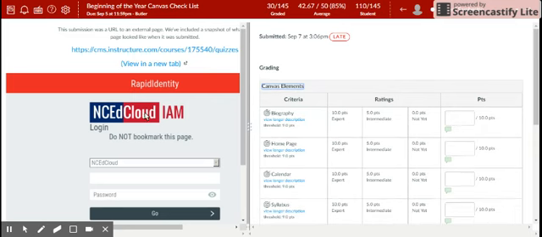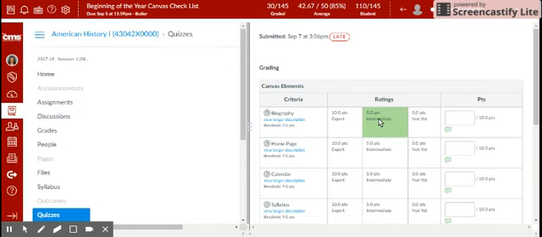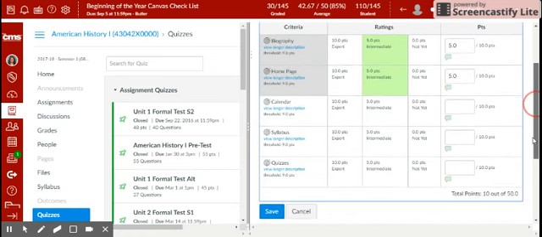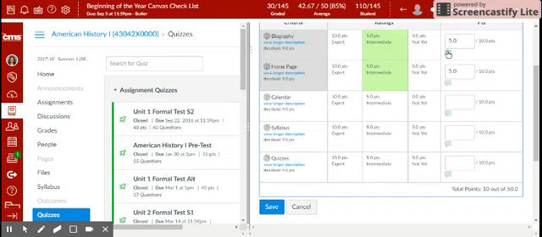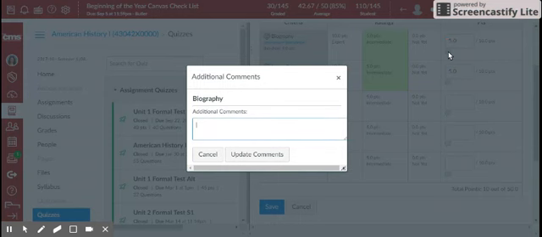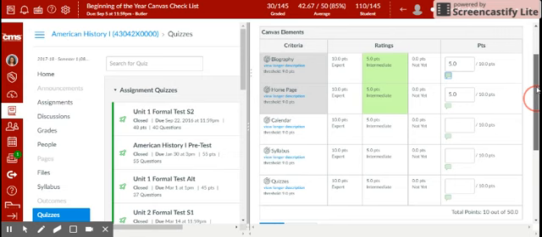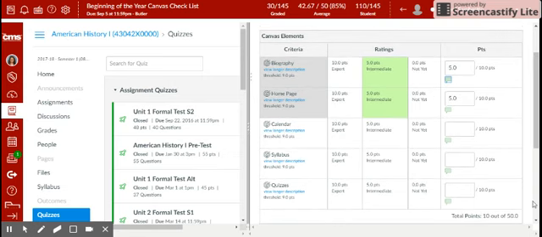So very quickly as I'm looking at a student's work, and I could click this to actually see it, I could simply go in and just mark, I see it, I don't. And it automatically is going to tally what I see. If I want to add a comment, there's a little box that I can type in an additional comment. I do not see. Okay, and then when I update this, the student will see both my comments and feedback as well as my rubric. And so when I finish,